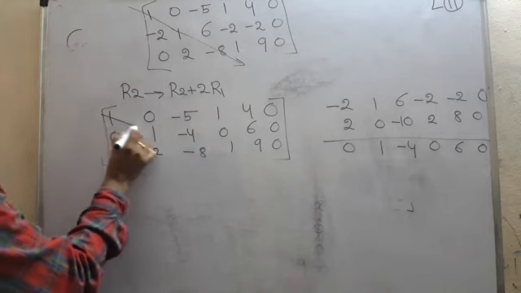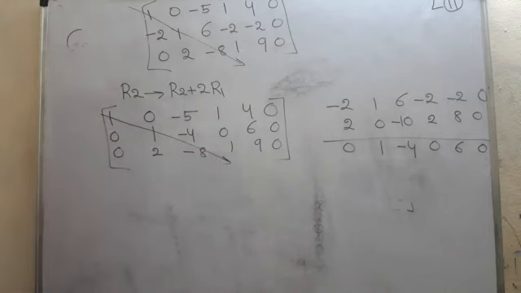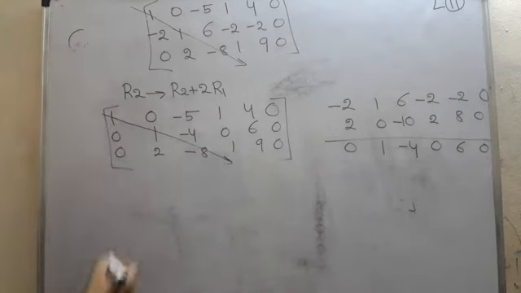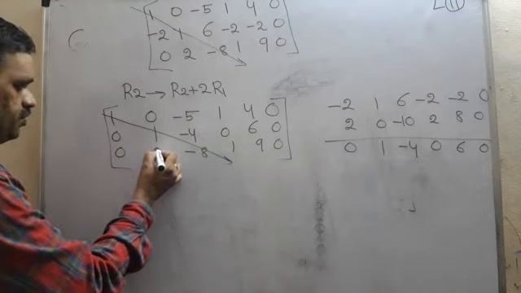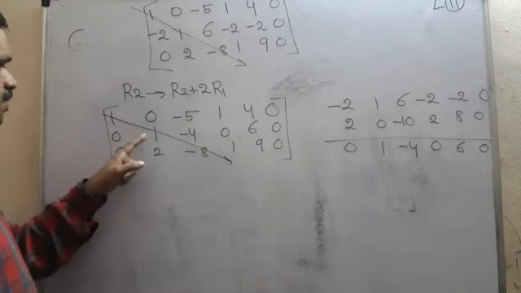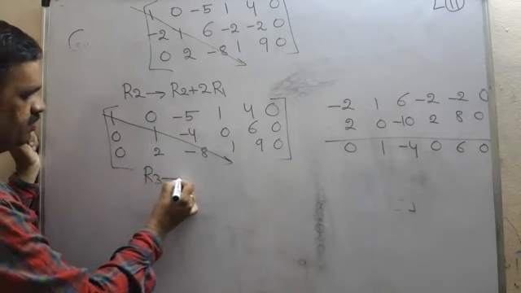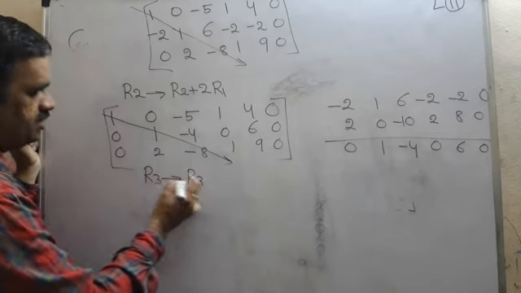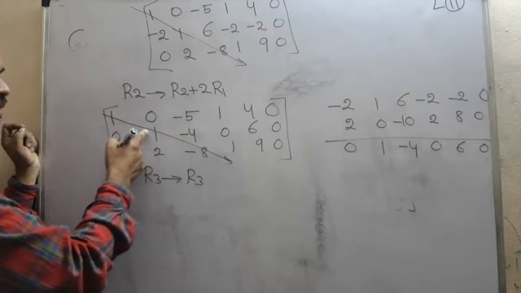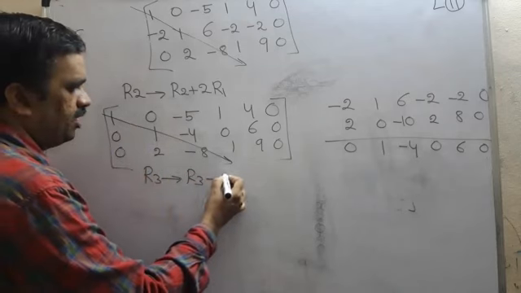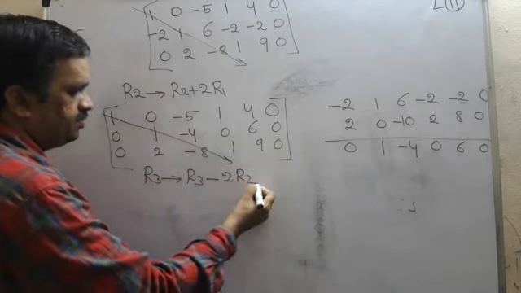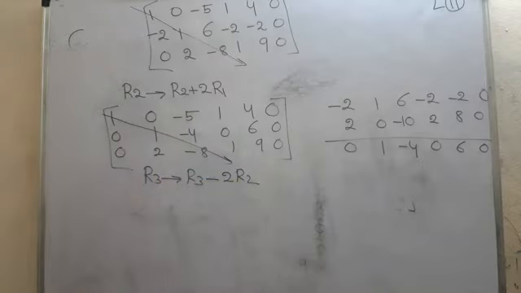Again, first row, first element, second row, second element, third row, third element. Now see the second column. This position we have to make 0, this 2, with the help of 1. So R3 implies R3, already 2 is there, I have to make it 0. 2 minus 2, 0. So R3 implies R3 minus 2 R2. So there is a change in the third row. So write the first row and second row as this.